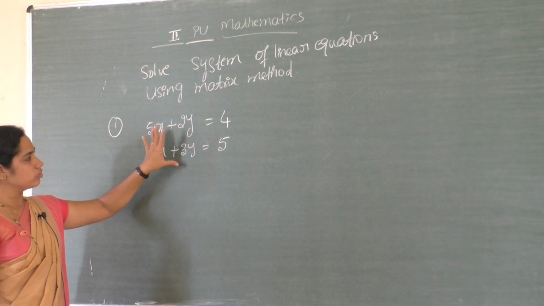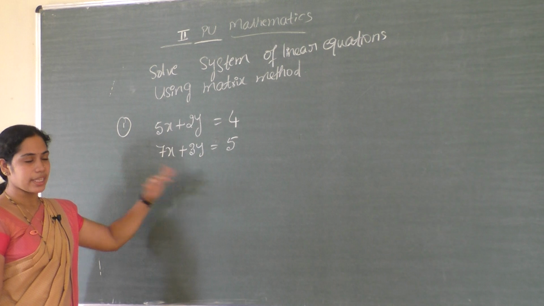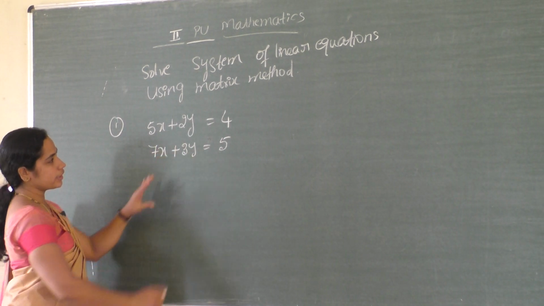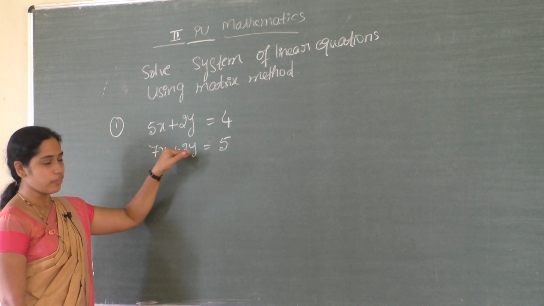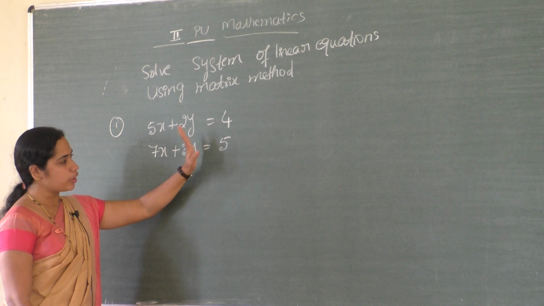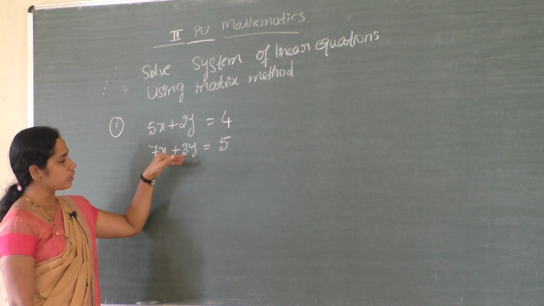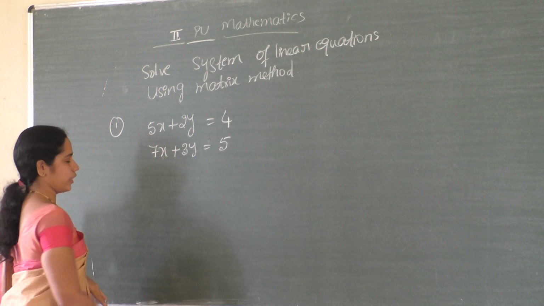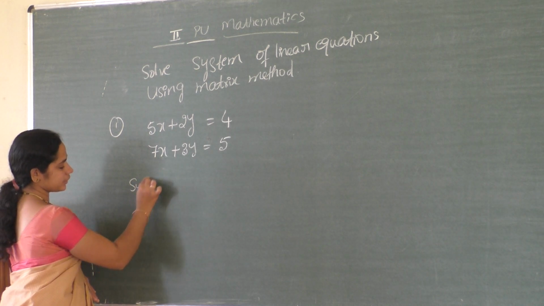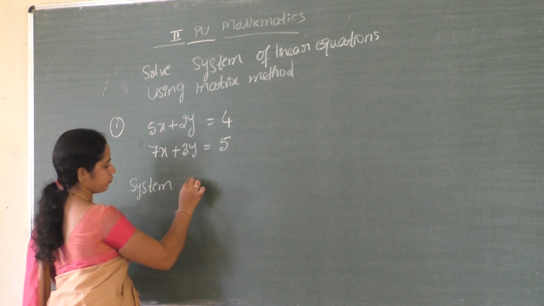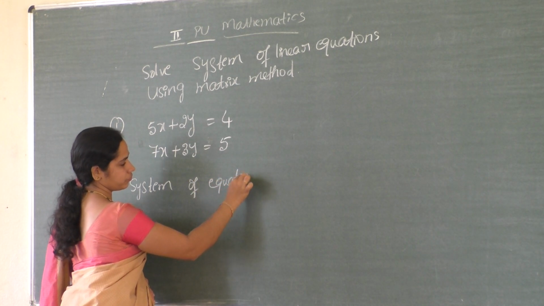First we have to write the system of equation in AX equal to B form. Solve the system of equation means we need to find out the values of x and y. There are two unknowns, x and y. We need to find out the values of x and y. Now, first write system of equations. System of equations can be written as